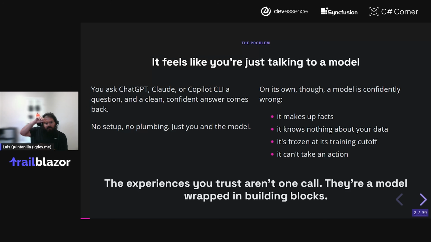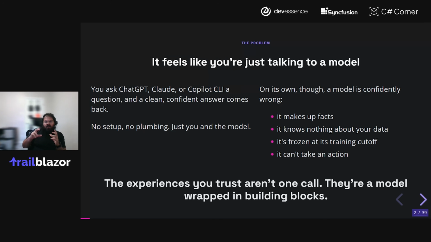But again, the model itself can only cover and handle so much. Things you may run into is that it makes up facts primarily because it doesn't have the right context, it doesn't know about your data. For example, if you were to ask certainly the smaller models about the World Cup, what are the latest scores, it wouldn't know, because the training has been cut off months in the past. And more importantly, the models themselves can't take action. Given some input, they produce some output, but they can't themselves actually take action on your request.